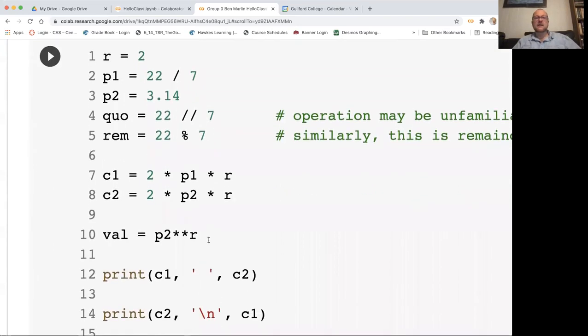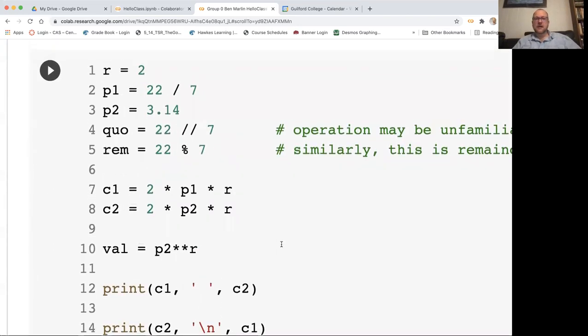Now, we're going to look at this next code block, and I'm just going to talk about what's in it. So this piece that says r equals 2 creates a variable named r and sets it equal to 2. If you're saying, man, that was really self-evident, why did Ben bother to say that? There are other programming languages where saying r equals 2 is not meant for assignment, where you have to do a special sequence or something, okay? But the equal sign is our assignment operator. You always put a variable name on the left, and then you put